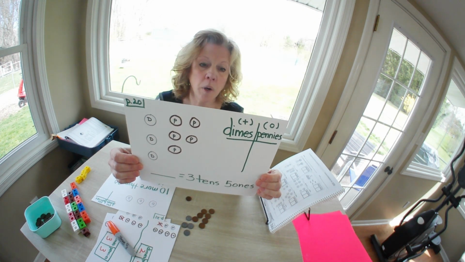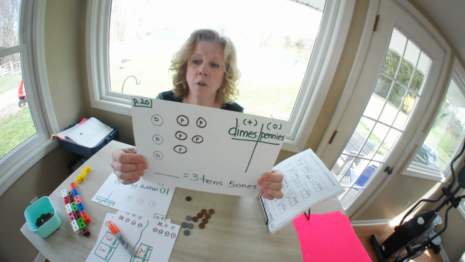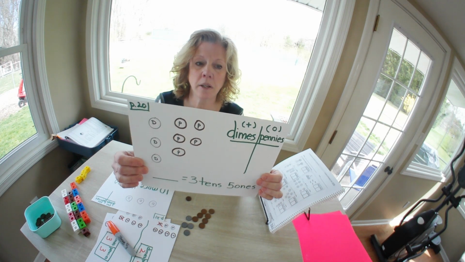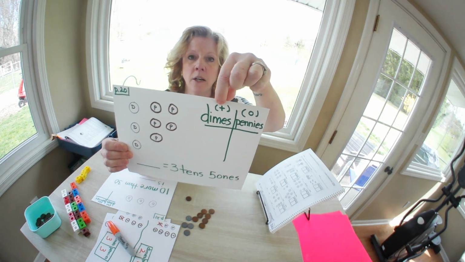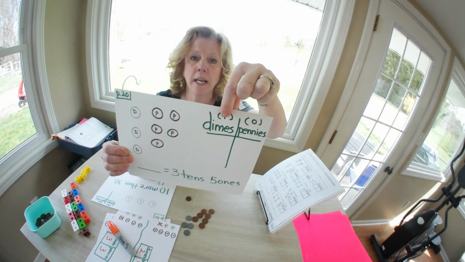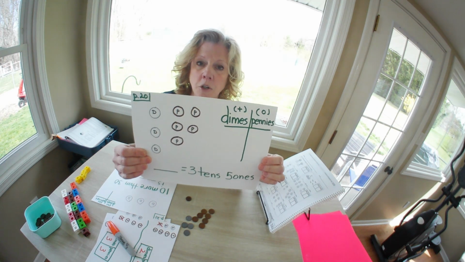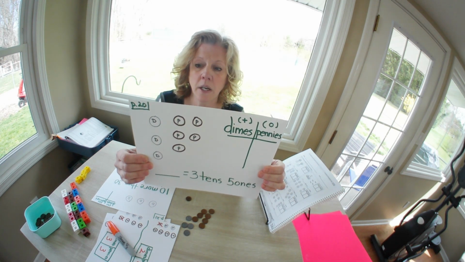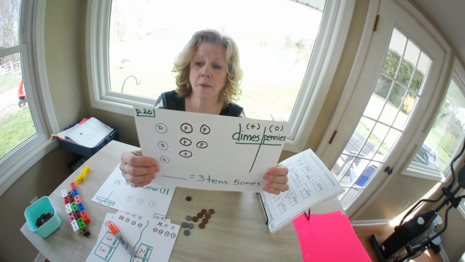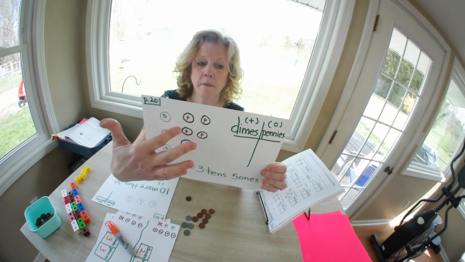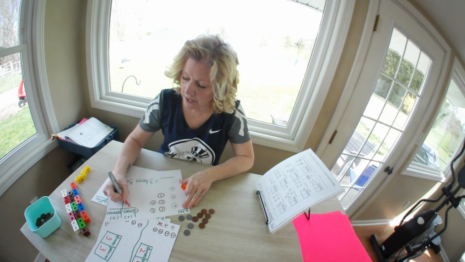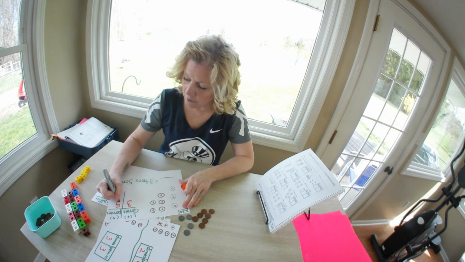Now, what we're going to do is figure out how much 3 tens and 5 ones is. And I want to show you a little something. I added a T over the dimes and an O over the pennies so that you would remember that these are your tens and these are your ones. So you might want to do that just as a reminder. Then in this case, we're going to find out how much this is worth. So I have 3 dimes and 5 pennies. So if I fill in my tens and ones frame, I have 3 dimes and 5 pennies,